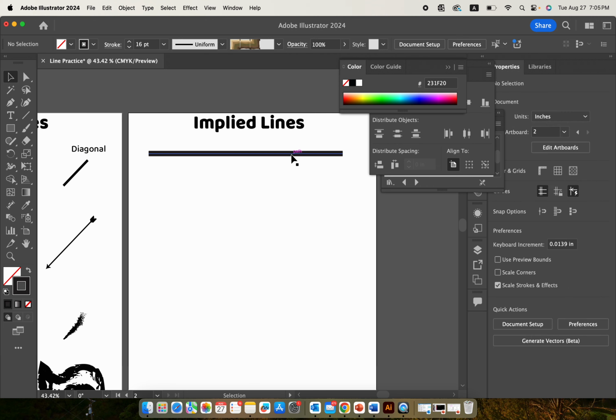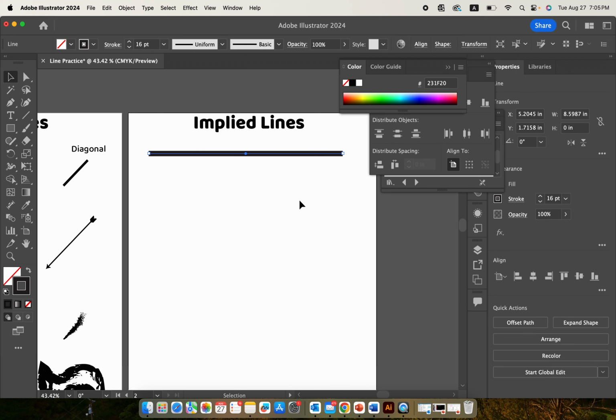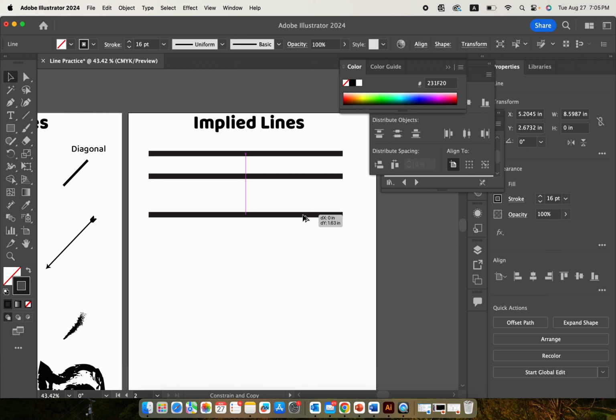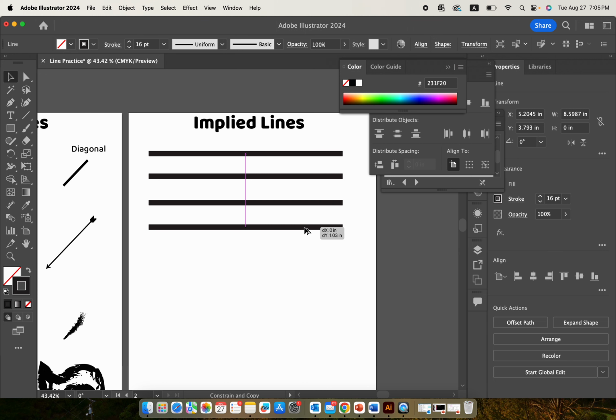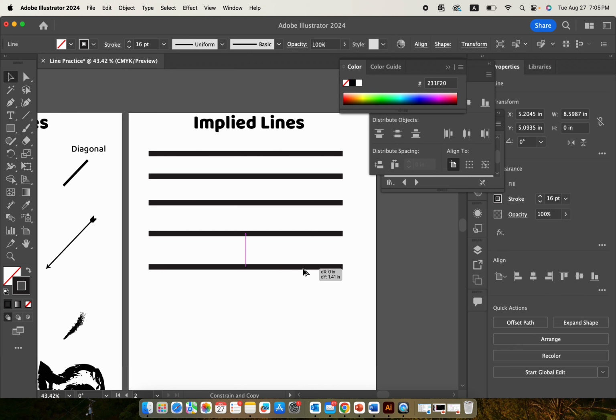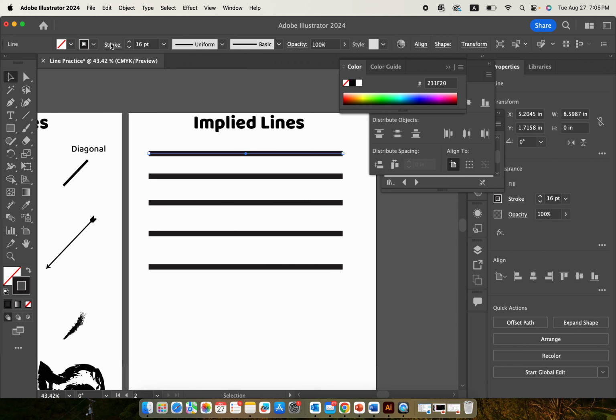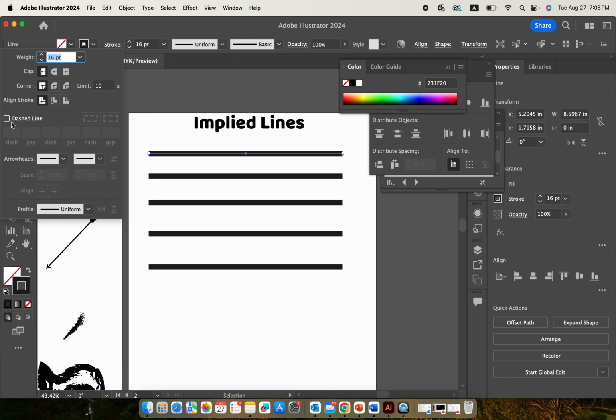Actually, I'm going to copy and paste several of them first. So remember, we hold the Option Shift key and drag. Option Shift drag means copy and paste and make it move in a vertical way. Option Shift drag. Yeah, so let's select the first one, click on the stroke, and I will turn on